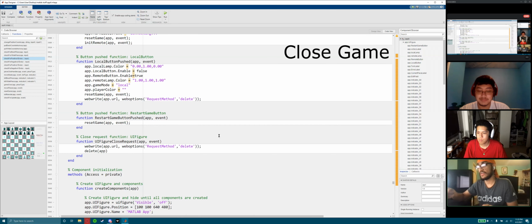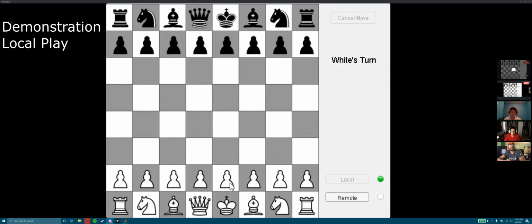The last function down there is run when we close our app. It sends a delete request to our ThingSpeak channel, wipes it clean, and then turns off the app. So I'll start off by showcasing the local gameplay, and this will be a very simplified chess game